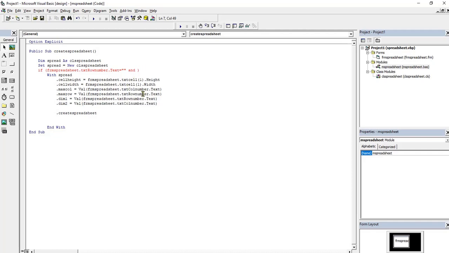I'll copy that, paste it here. Is equal to nothing. Then